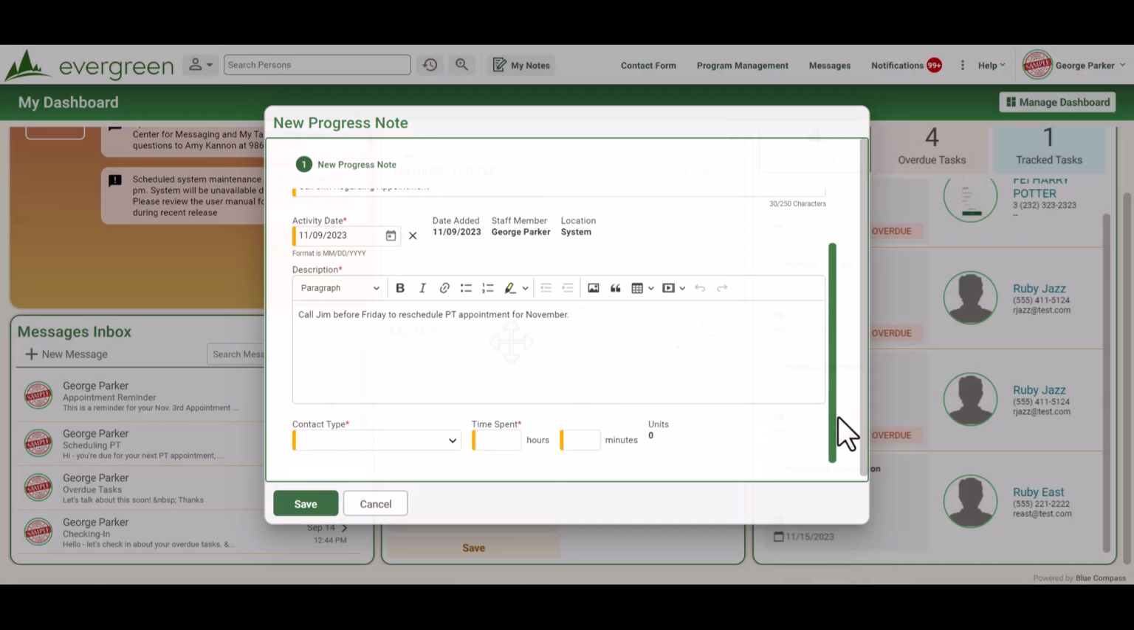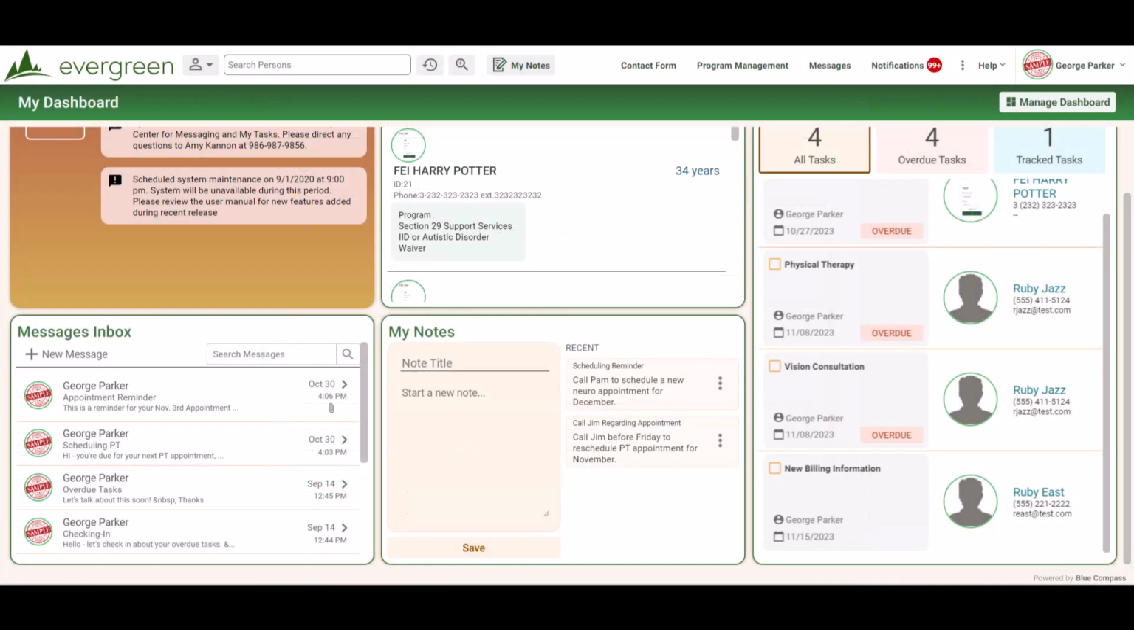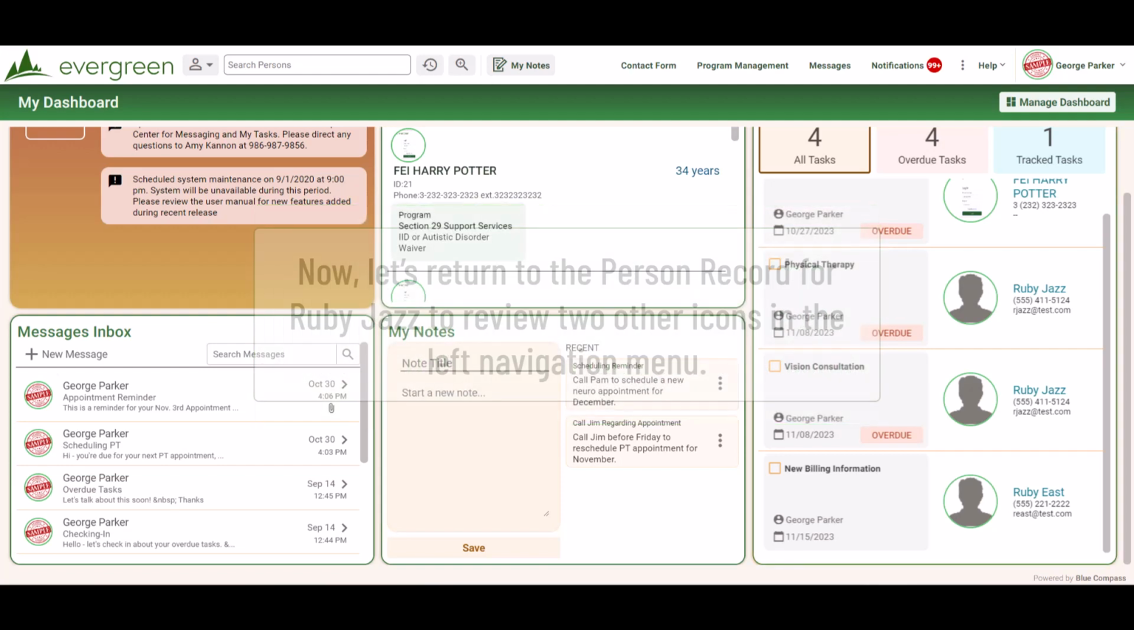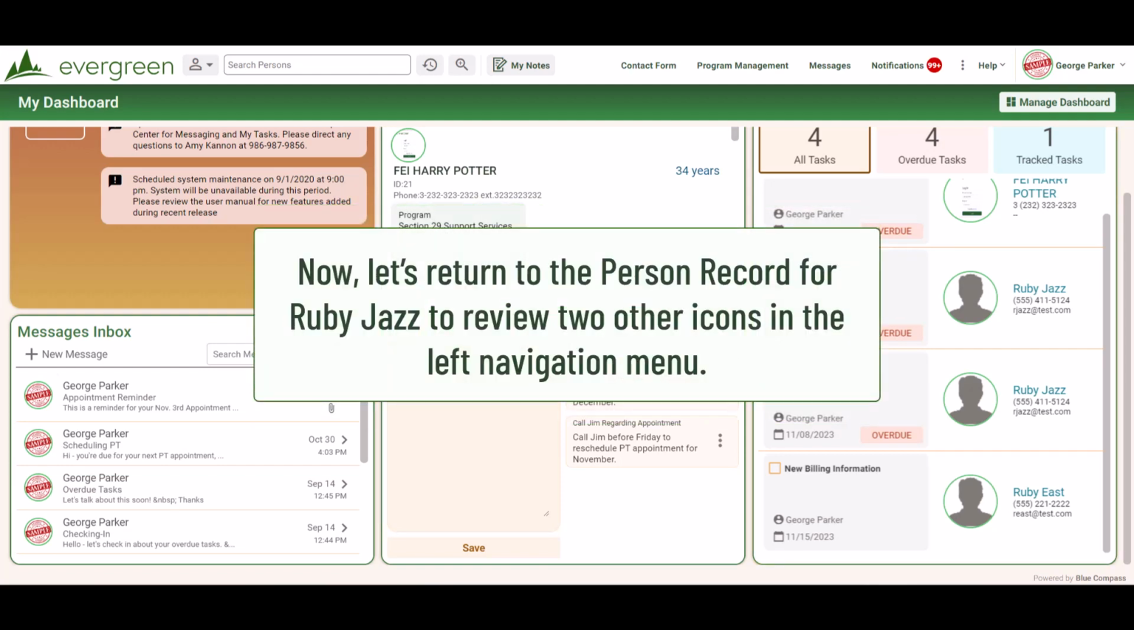Select the note type and complete it as you would any other progress note of that type. Once completed, the note will become a progress note and will be visible from the Progress Notes icon in the person's record. Now, let's return to the person record for Ruby Jazz to review two other icons in the left